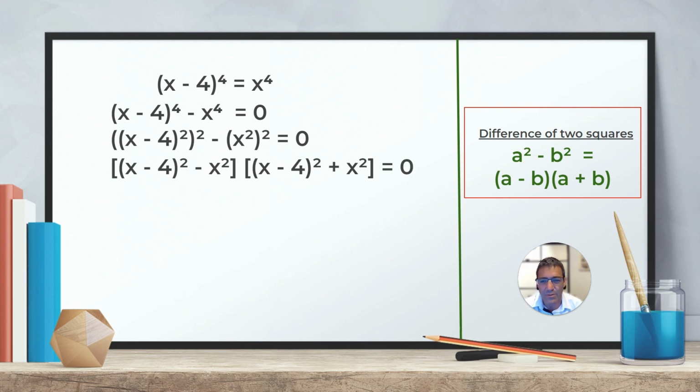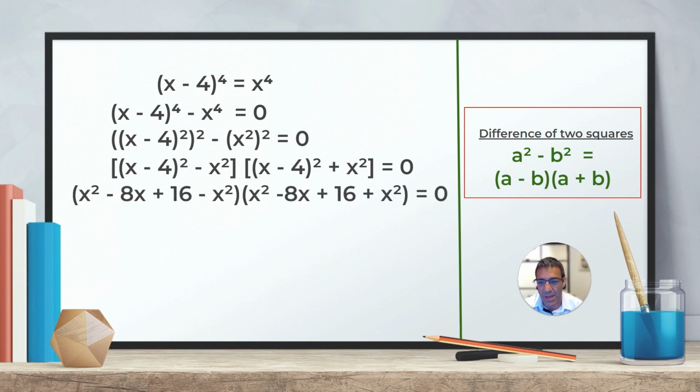So doing this, we get x minus 4 squared minus the second term x squared. And for the second bracket, we get x minus 4 squared plus the second term x squared. So this is this whole a minus b factor of a plus b thing. Now, using a standard expansion for x minus 4 squared minus x squared, we expand the bracket. We use the a squared minus 2ab plus b squared formula, which gives us x squared minus 8x plus 16, to which we still have to subtract x squared. And so this is good because x squared minus x squared, that's going to be a linear factor. We're just going to be left with 8x minus 16 here, or negative 8x plus 16, which will be pretty